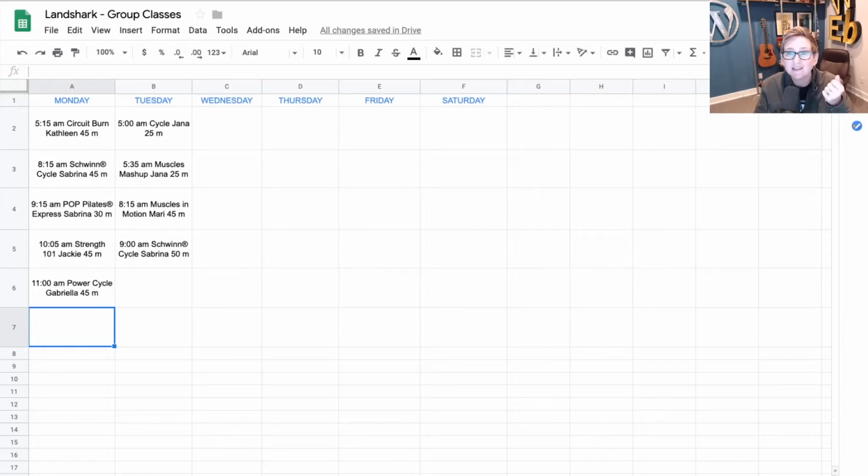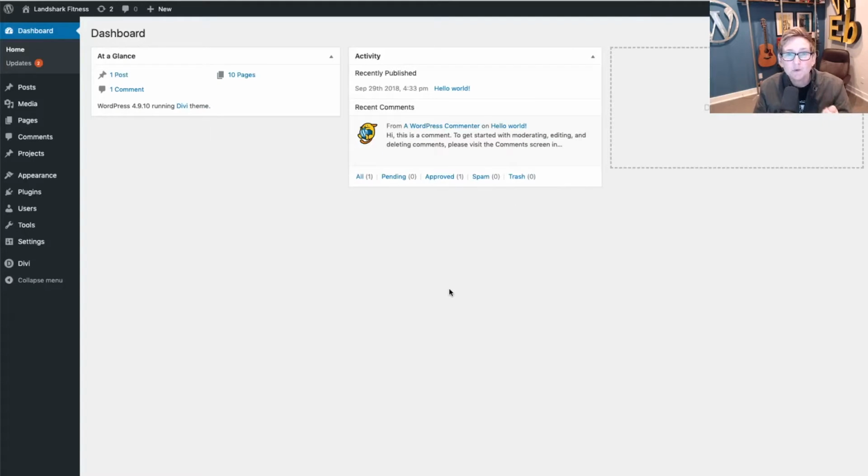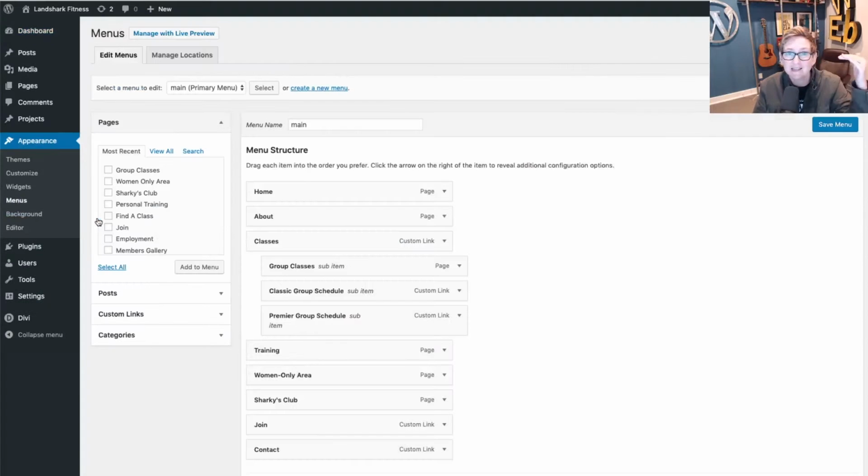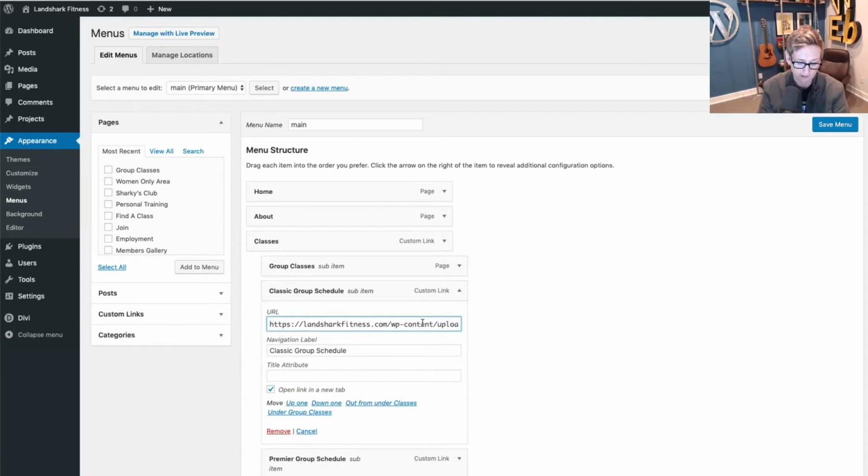So once you have that link copied, you just go into your WordPress dashboard and go to wherever you had that PDF linked. So for this particular example, they're inside of their menus up in that top navigation, and it's inside of their classic group schedule. So we would open up that little drawer, and this is where that PDF file lives. Do you see this right here? That little PDF file?